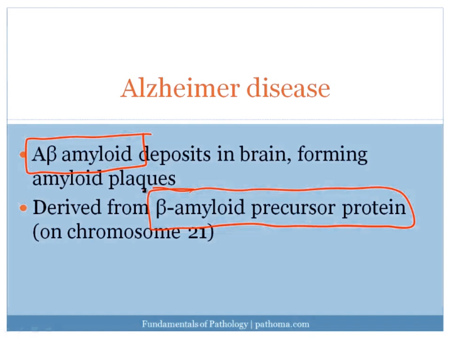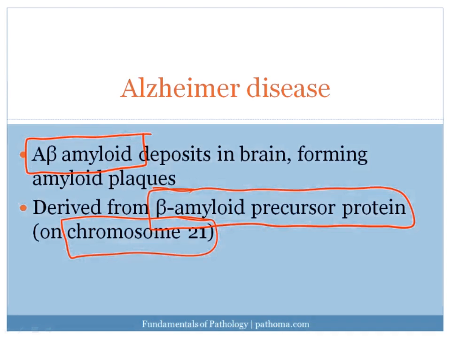Important to know, and relatively high yield, is that the gene that produces the beta amyloid precursor protein is on chromosome 21. Why is that important? It's important because it ties into a very important clinical high yield association, and that is that most individuals with Down syndrome, i.e. individuals who have 3 copies of chromosome 21, actually develop Alzheimer's disease by the age of 40. And that's an example of early onset Alzheimer's disease. By early onset, what we mean is that the patient gets Alzheimer's disease at an age earlier than would normally